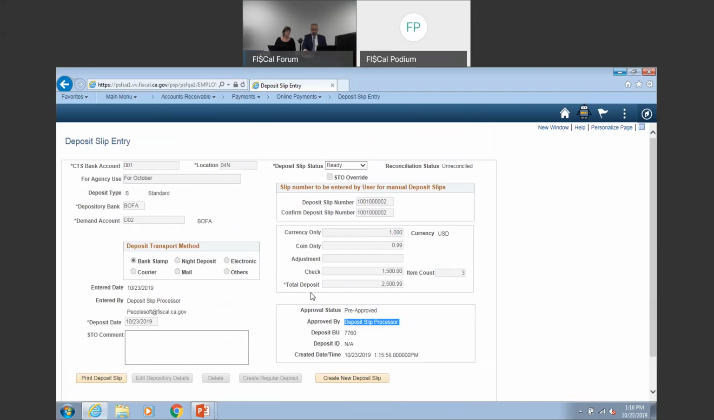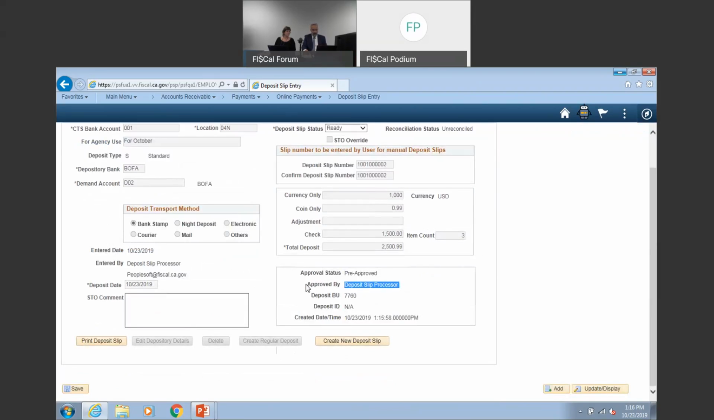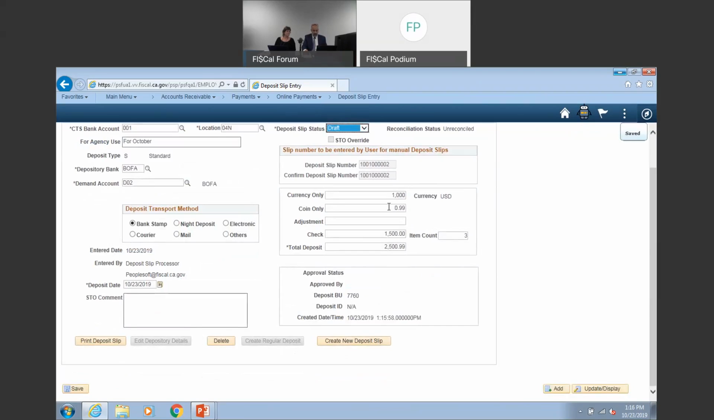Now, let's say I'm actually not going to go in the same order. I'm going to elaborate. Let's say now it's not 2:30 p.m. yet, and I made a mistake. Actually, instead of $1,000, it's $2,000 that I'm depositing in cash. All I have to do is go to the status, pull out that deposit slip, and change it back to draft, and now I have access. I could actually change the information. So I'm going to make it $2,000,